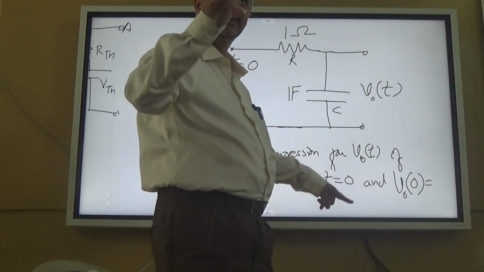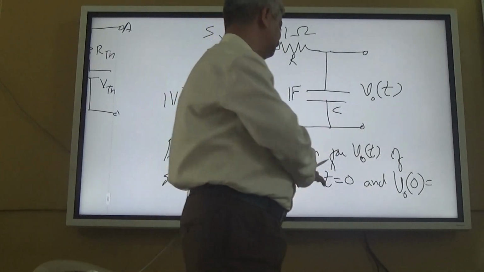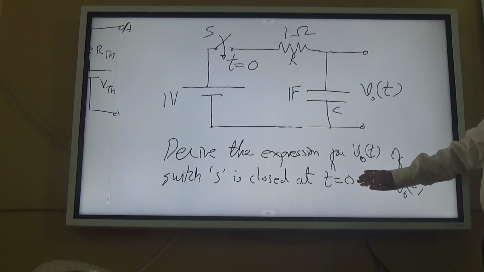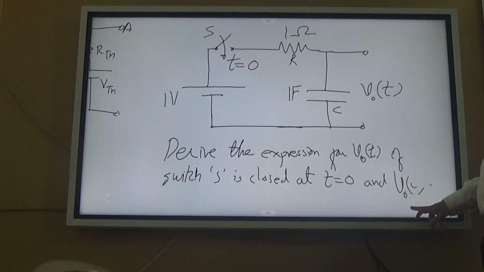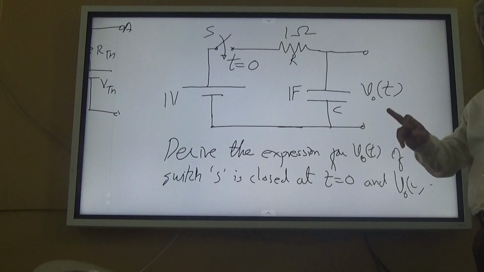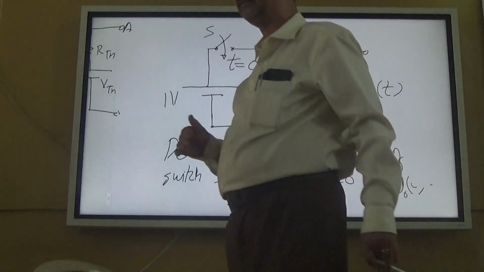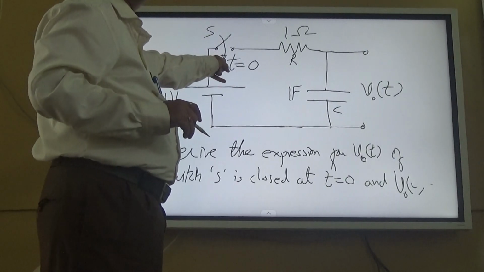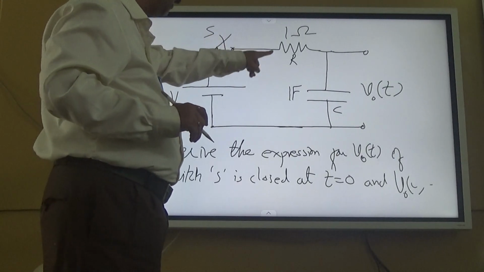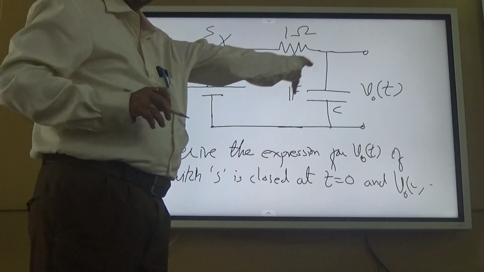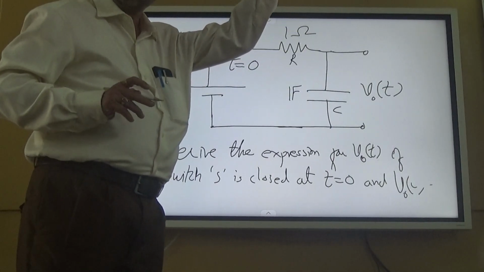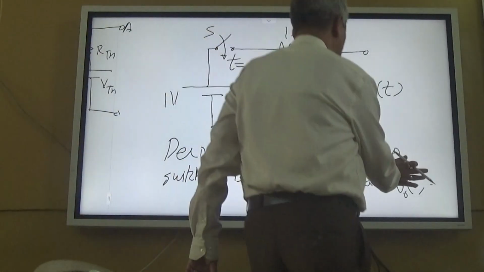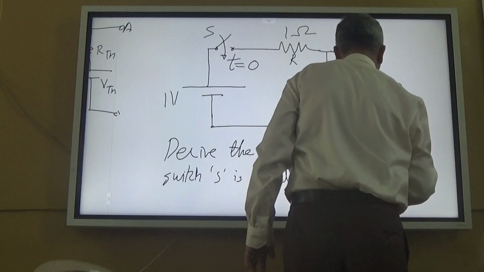The problem means this will not have a unique answer. This may have multiple answers depending upon what this is. So the problem becomes complete when I say that I am closing the switch at t equal to 0 and I want to calculate VOT from 0 onwards, provided that at t equal to 0 VO 0 was